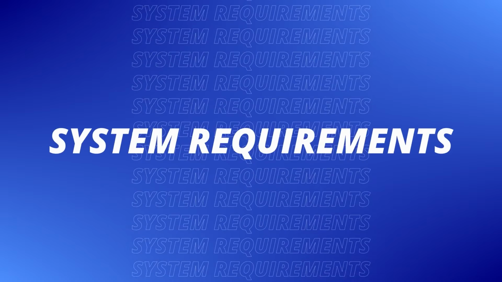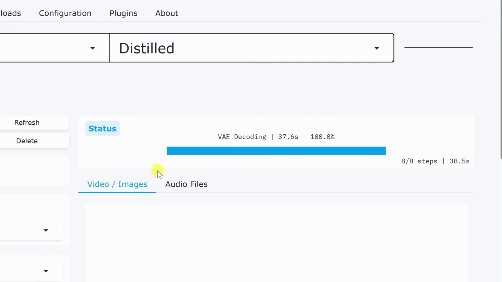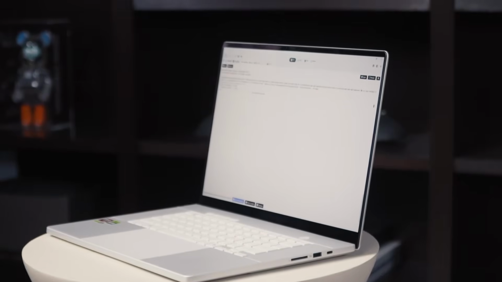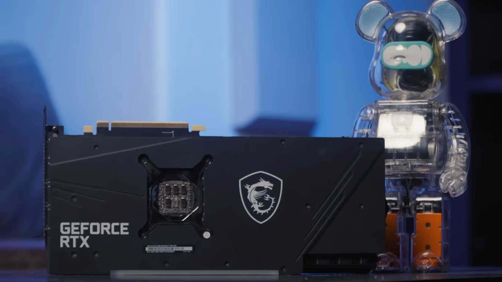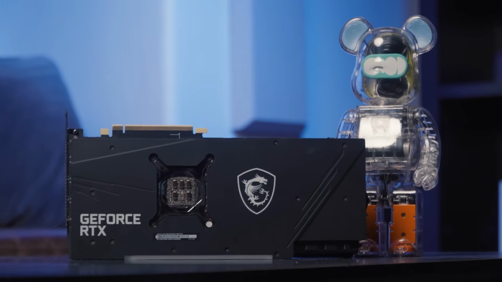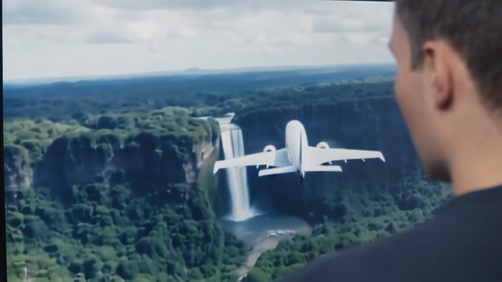Let's get started. First off, you'll want to check your system requirements since this is running locally on your computer. Generating AI video is resource intensive, but even lower-end machines can handle it surprisingly well. You'll want a computer with a dedicated graphics card, ideally an NVIDIA GPU. You can get this running with 6 to 8 gigabytes of VRAM, but more VRAM will give you better performance